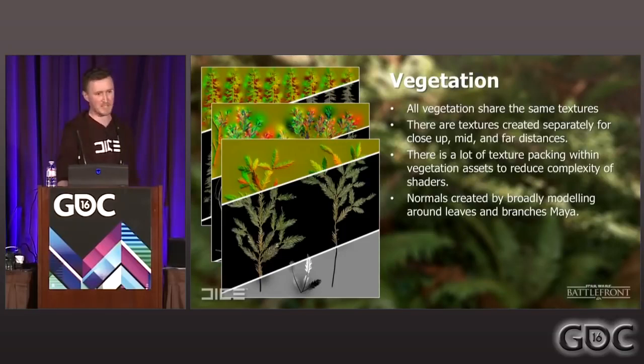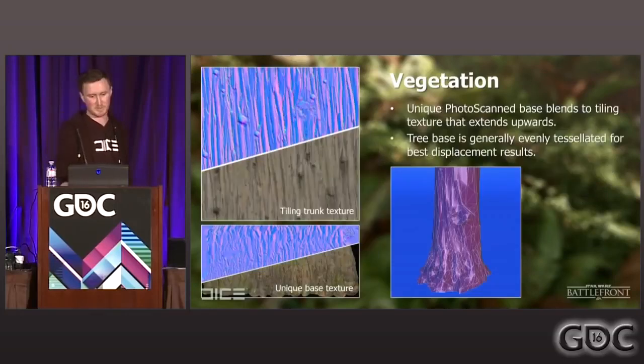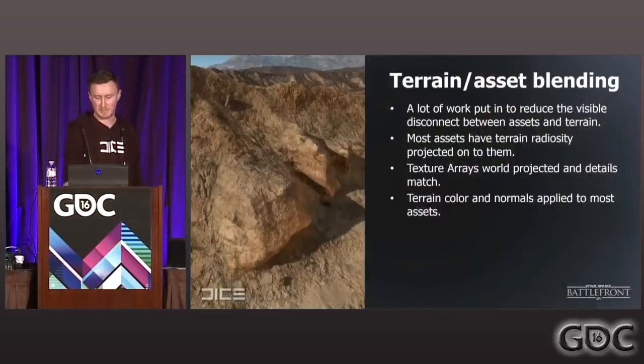And there was a huge amount of texture packing, just like everything else in Battlefront. Quite a lot, especially with vegetation, because it was naturally something that was tricky to get into performance right up until the last days. And normals, as we went photo scanning, had to be created by hand. Those were created in Maya by modeling the shapes roughly around these atlases we would build. And those give pretty good results combined with other tools such as Endo and things like that. Nothing too special about the way the vegetation was built in particular. It was the photoscan base at the bottom from the trips we went on, and then it would just blend into a tiling texture up the top.